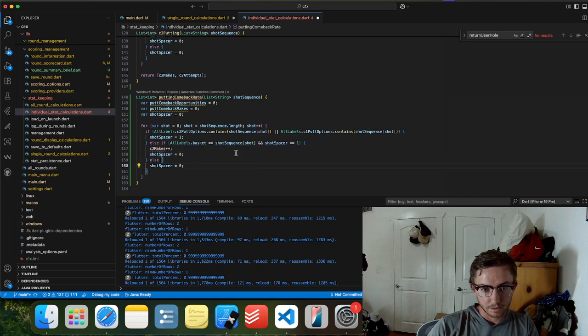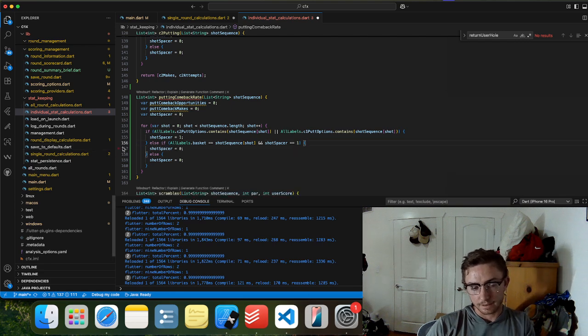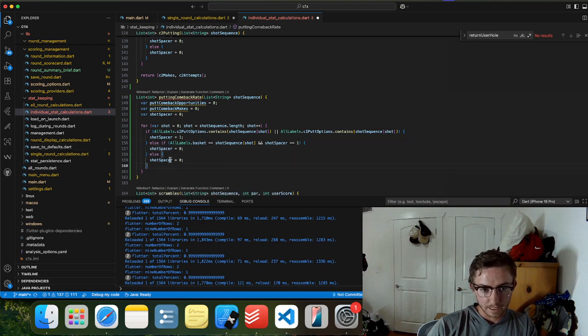Else if all labels basket, we add 1, it goes to the next shot. If it's equal to the basket and shot spacer is 1, then we don't do anything because that means they just made the putt. If they miss the putt, else if shot spacer is equal to 1,